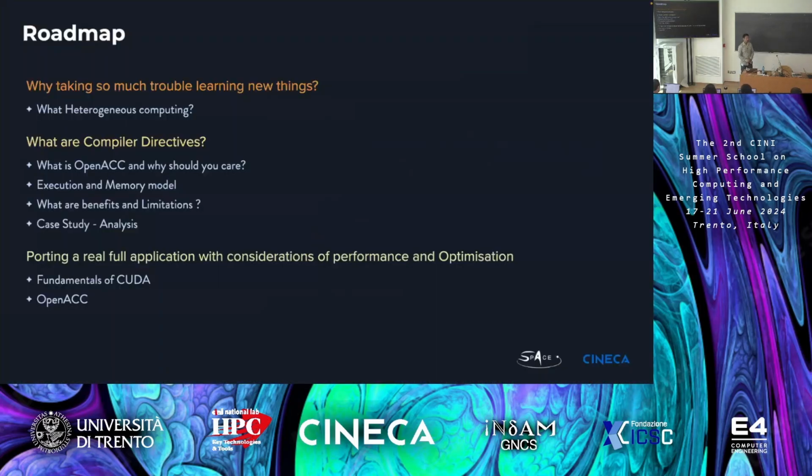Roadmap. That's where I want to go. So why are we taking so much trouble learning new things? Learning new things is pain. So what is the best way? If you're here because you want to get all the information so that you can accelerate your interest and do things, right? So what I will focus on is heterogeneous computing, sort of what you have been hearing since morning,